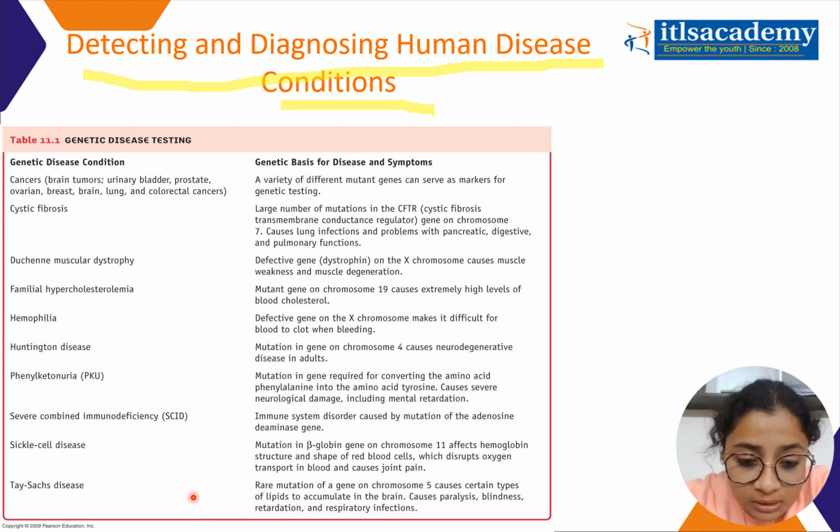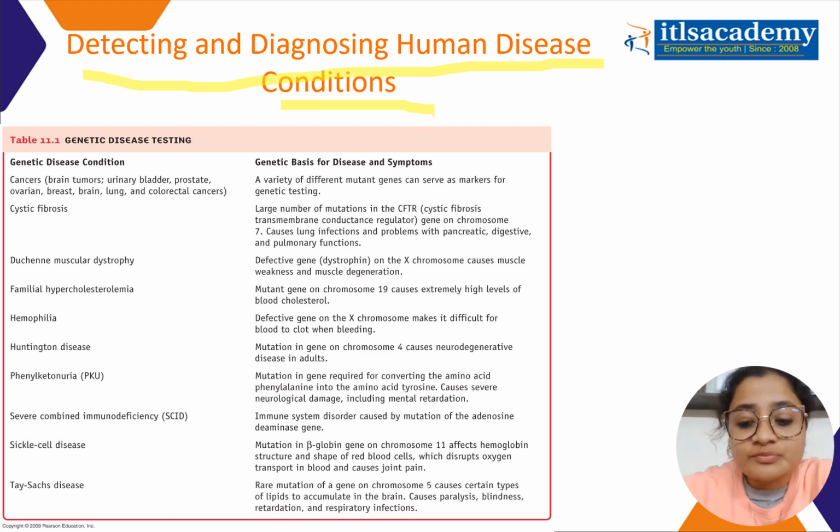Then there are some diseases like phenylketonuria, Tay-Sachs disease. So these are basically metabolic defects of enzymes. Okay, so we call it inborn errors of metabolism, because it happens due to genetic defects in the genes for the enzymes which are supposed to play a very important role in the metabolism. Okay, we all know that enzymes are a key factor as far as metabolism is concerned.